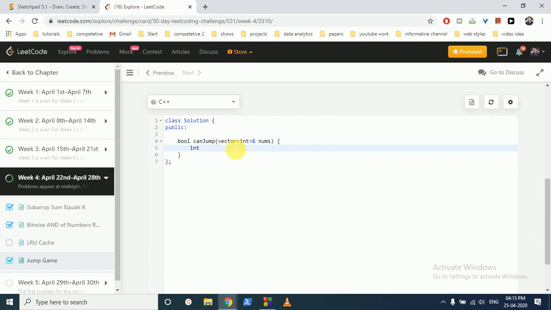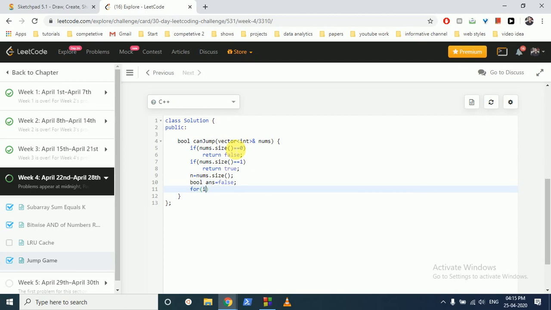So you have to first make a visited array, or let's start with the edge cases first. So if nums of size is equal to 0, you have to return false. Okay. If nums of size is equal to 1, irrespective of any number, you have to return true. Then we can store nums of size in n, and then we can create a bool for the answer. We'll take a bool variable for answer and initialize it with false, because initially we don't think we can reach the end.